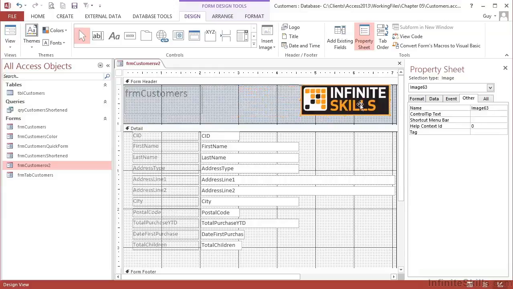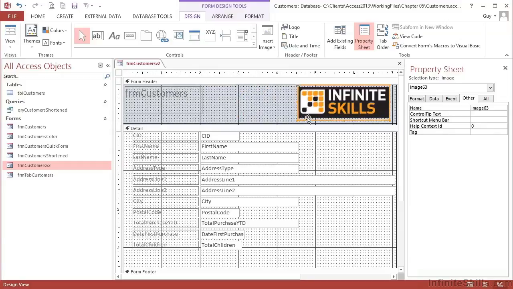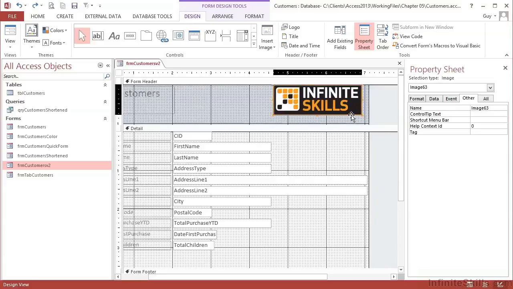Now, it can be resized just by going to the corner handles and dragging in or out. Usually with images, though, it's not advisable to increase their resolution. If they're not big enough, you need to go find a bigger image. I'm going to undo the resizing so it stays at its correct size, and just place this to the right